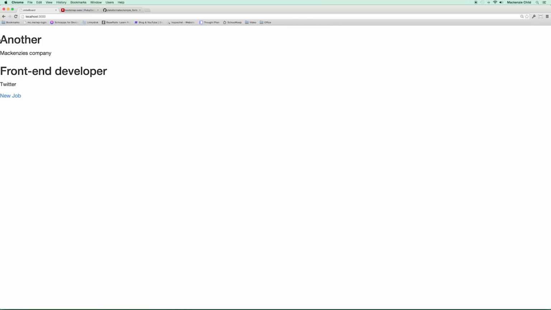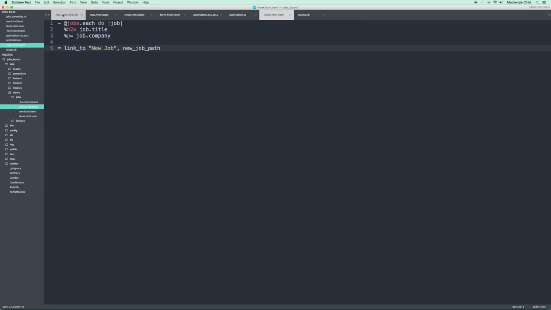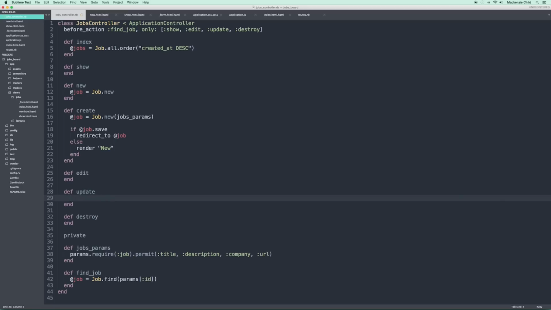Cool, and you can see it listed out in descending order. Very cool. So let's quickly add, well, we have the ability to create a new job. Let's add the ability to edit and destroy them as well. So in our jobs controller, let's go under edit, or I'm sorry, update. So it already finds the job for us from the before action on the edit, update, and destroy. So on the edit, all we need to do is throw an if